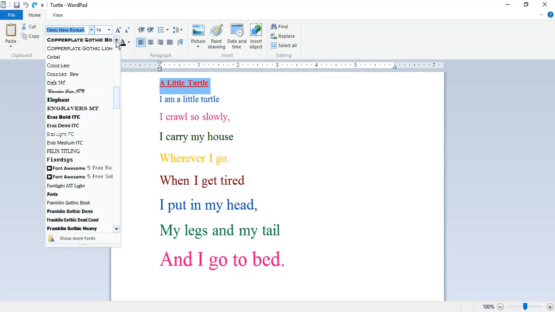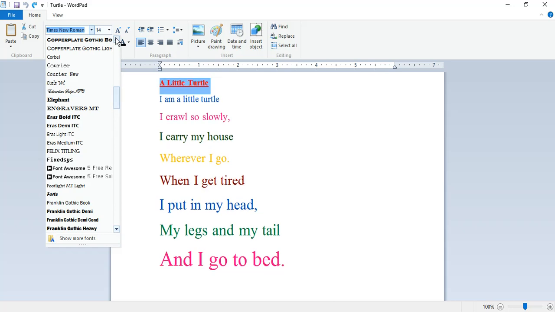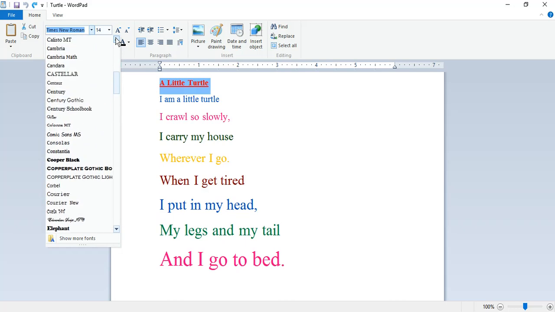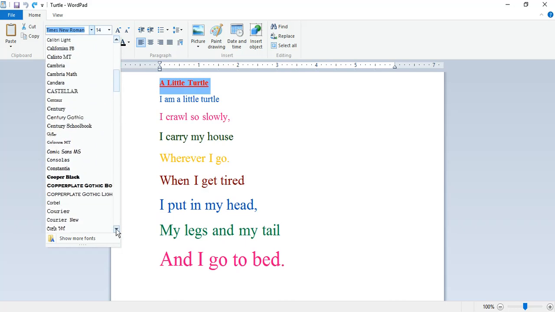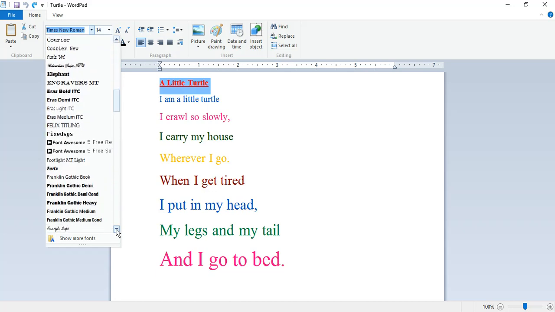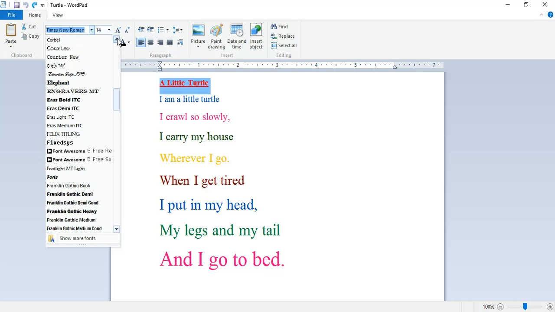This is the arrow for going upside and this is the arrow for going downside. So with the help of this arrow, you can see all the fonts which are given here.